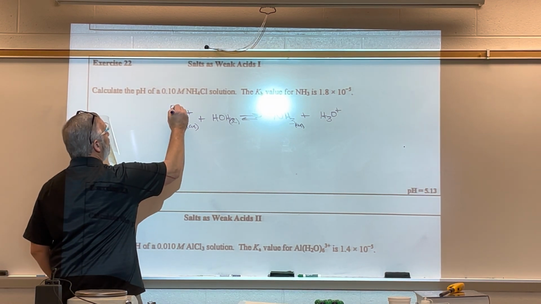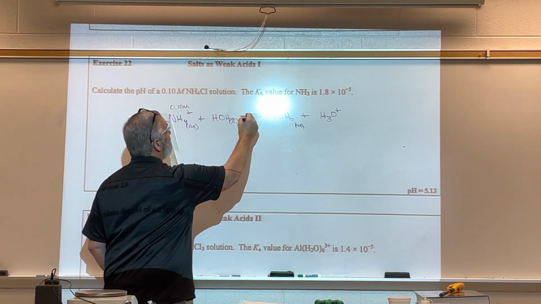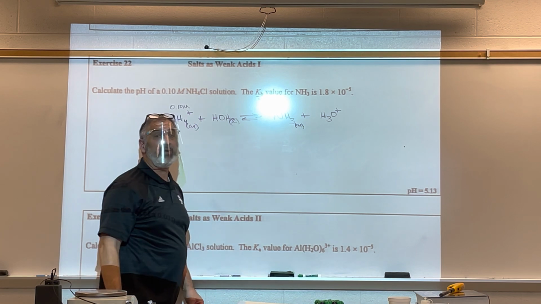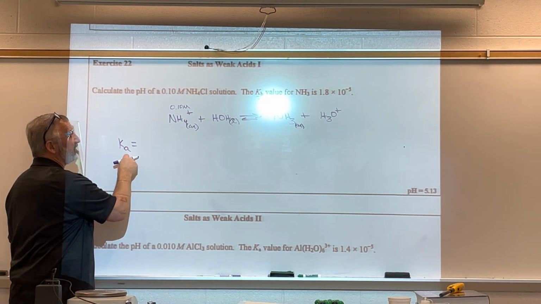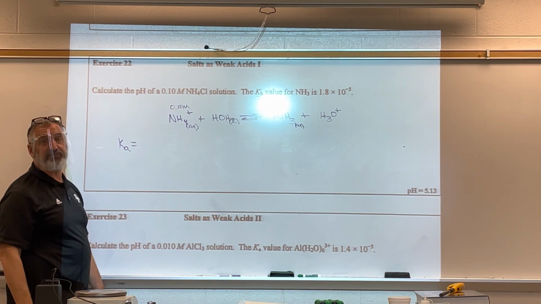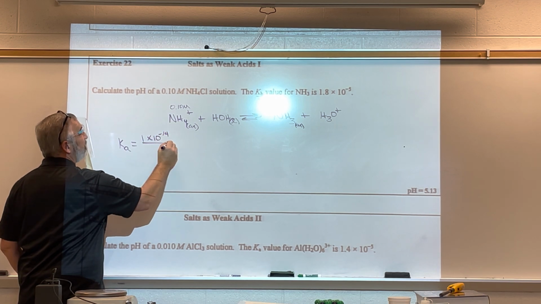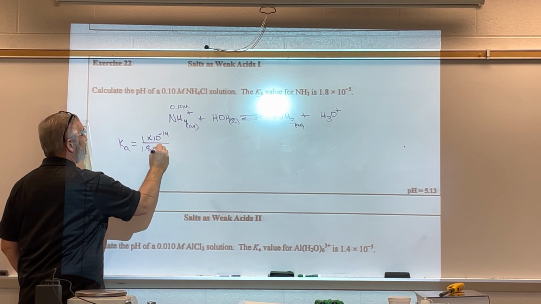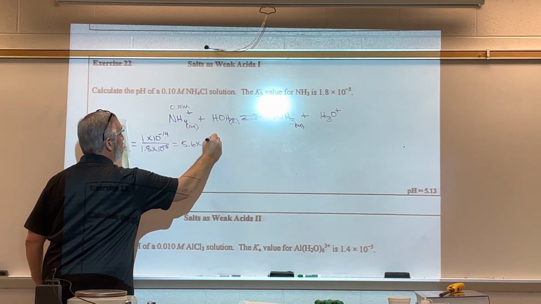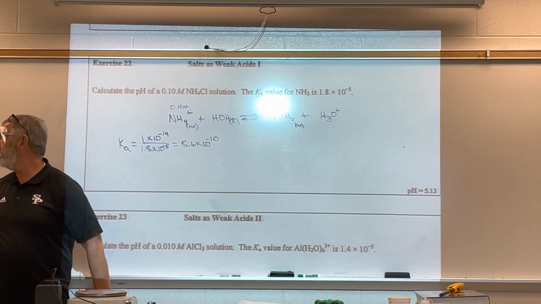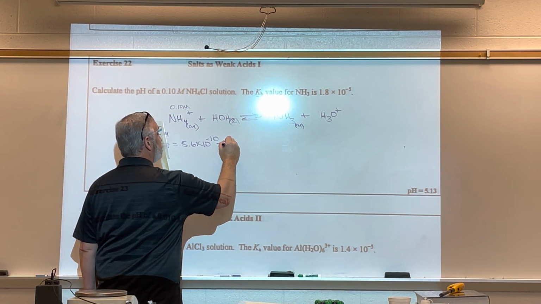So I have 0.1 molar of this, but this is an acid. This is Kb. What do I need? Ka. And it doesn't matter if it's capital A or little a, it's just 50-50. Ka is 1 times 10 to the minus 14, divided by 1.8 times 10 to the minus 5. We know that that's 5.6 times 10 to the minus 10. So we just did it over here. So that's going to equal my x times